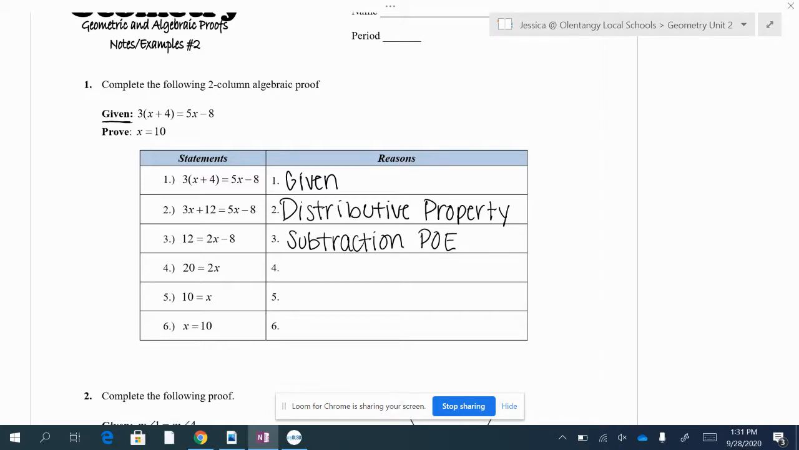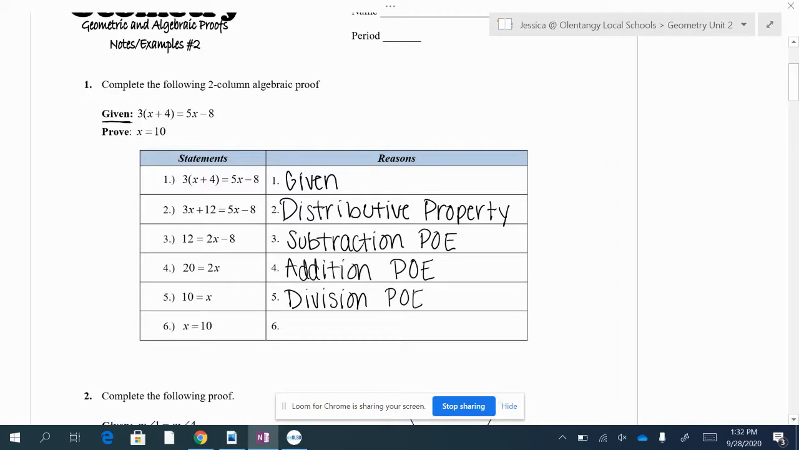And then here, this 8 is no longer around, and the 12 became 20, so they're adding 8 to both sides. So that is the addition property of equality. And then we went from 20 equals 2x to 10 equals x, so they divided. So division